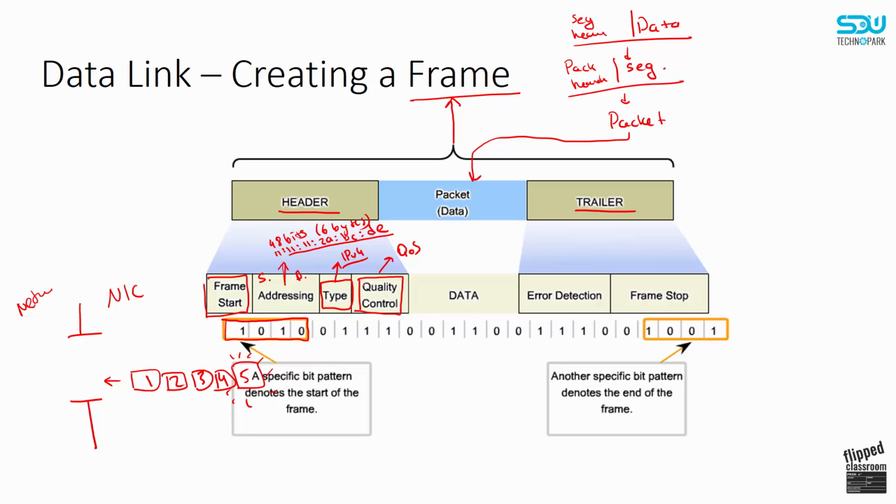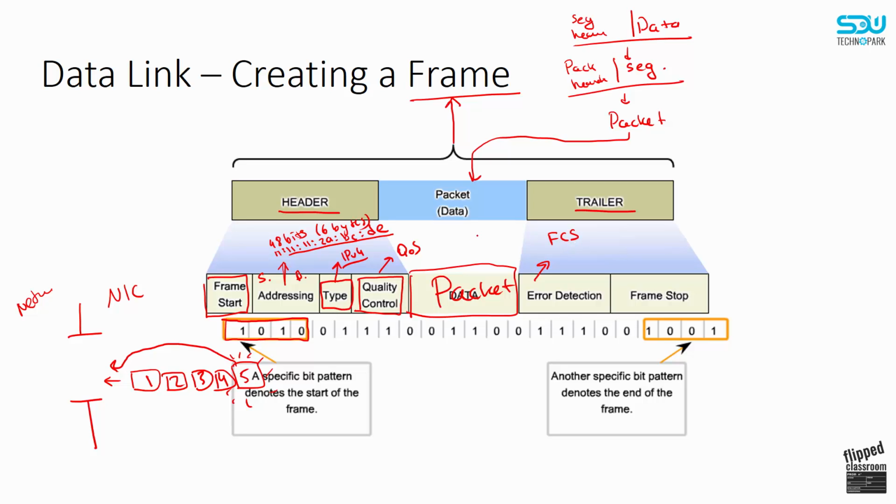Okay, its priority can be just place it in the quality control, and then it can pass without waiting for these guys. Well, we have data. Actually, this is not data, this is the packet. But inside the packet, we have data. In the trailer, we have error detection. Whereas in error detection, we have a value which is called a frame check sequence, with its